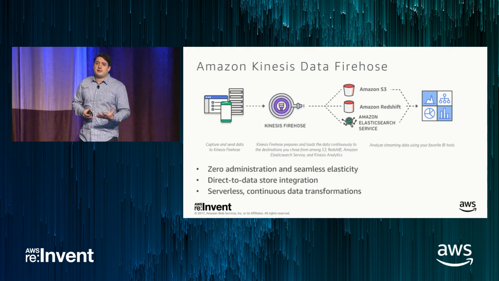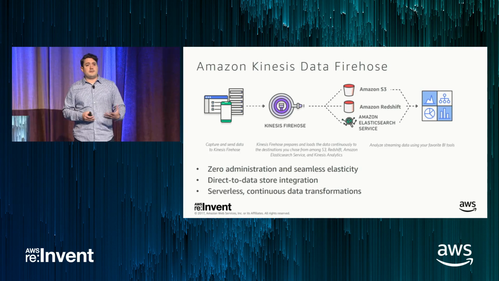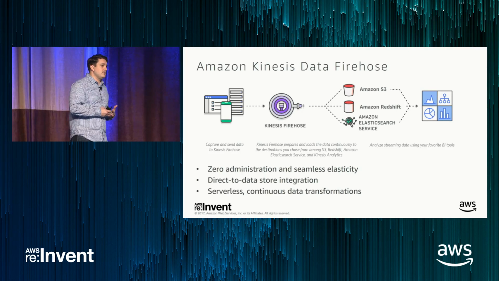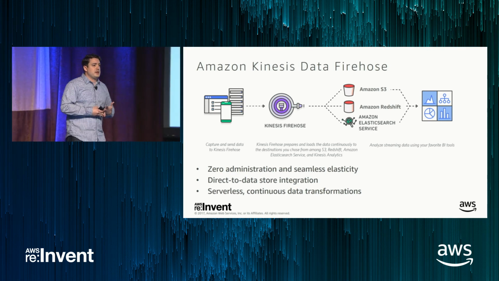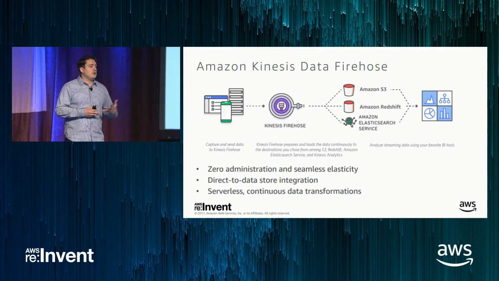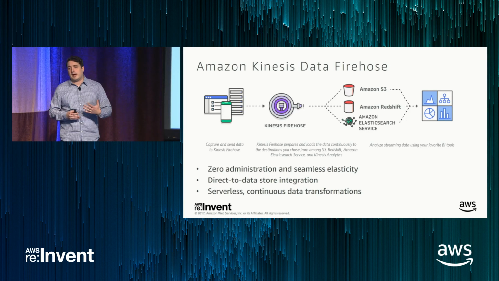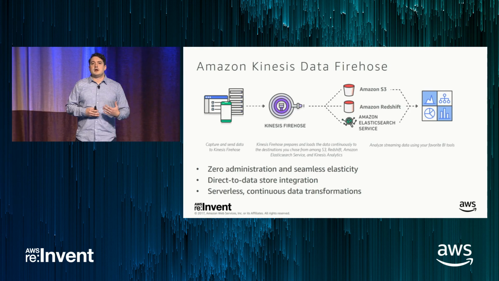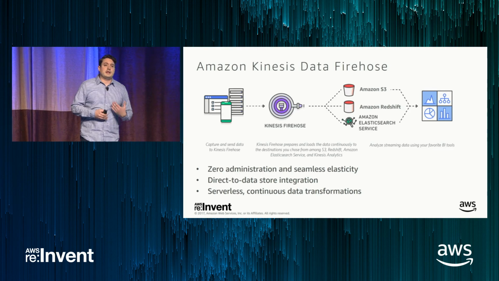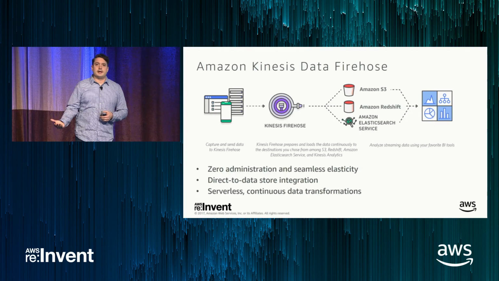So aside from buffering hints, other things that you can configure are encryption and compression. You can even run inline transformations via AWS Lambda. So sort of like a serverless ETL pipeline, getting data into S3, offloading a bunch of the work, cleaning up that data as it hits your data lake.